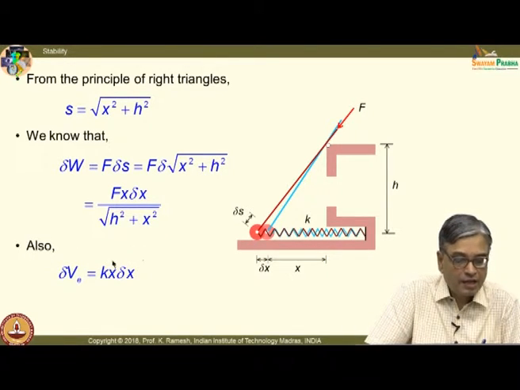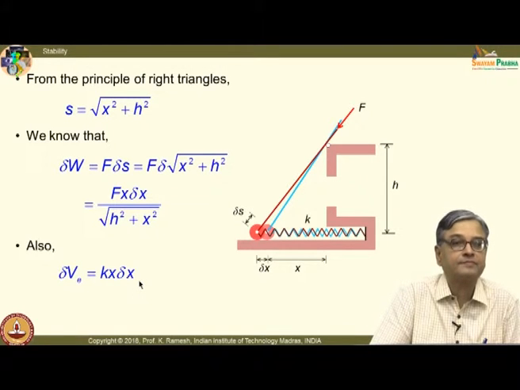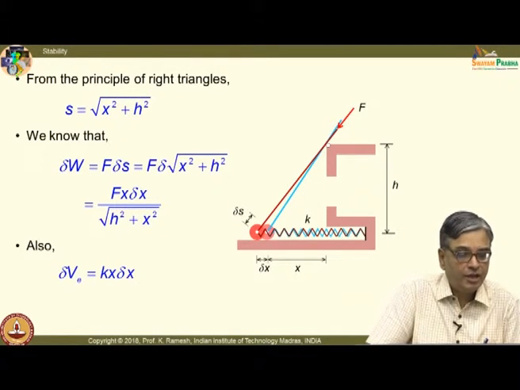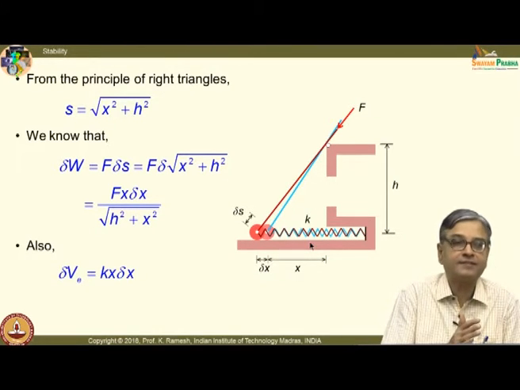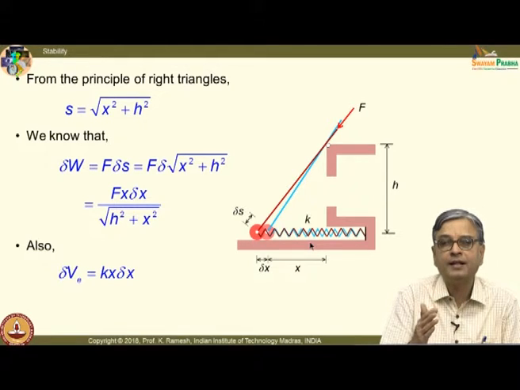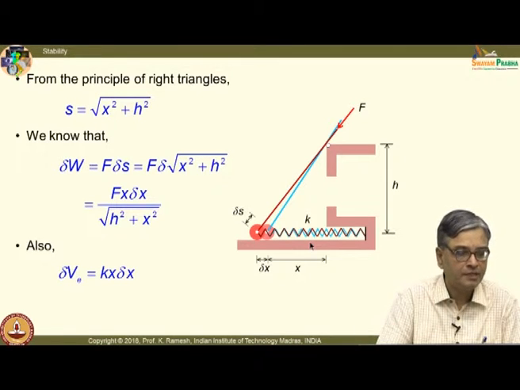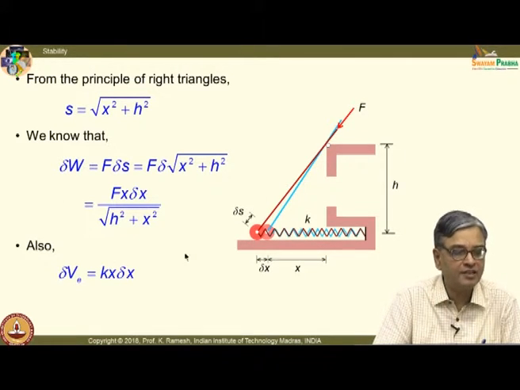Now, I find that I have moved it by distance delta x. Whatever the movement has increased the elastic potential energy of the spring, that is given as kx into delta x. I would not solve the problem right here. This is the set of relations I get when I treat spring as part of the system, bring in the role of spring by replacing its action by an elastic potential energy. Then I will say delta W equal to delta VE and then solve for the value.